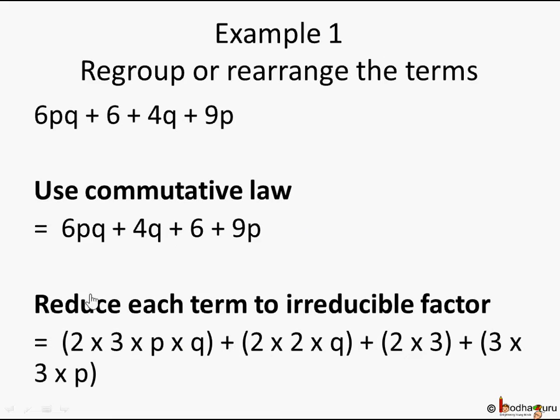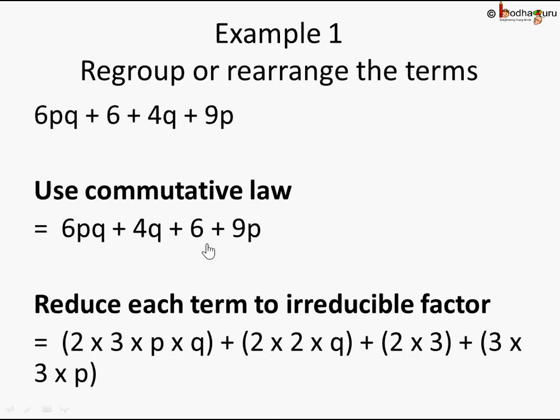So 4 terms, here are 4. So what did we do? Repeat. We couldn't find a common thing across all 4 of them, so we tried to make them into groups and we rearranged them using the commutative law. We took 4q here and 6 here. Ensure the signs are correct. This is a simpler problem where it was plus plus plus. If there was a minus here, this minus would have gone here. So ensure the sign before the term is carried along when you do the regrouping.